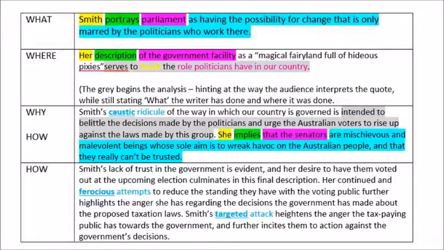Her continued and ferocious attempts to reduce the standing they have in the voting public further highlights the anger she has regarding the decisions the government has made about the proposed taxation laws. Smith's targeted attack heightens the anger the tax-paying public has towards the government and further incites them to action against the government's decisions. So there's a few things highlighted there, and a lot of them, especially in the light blue